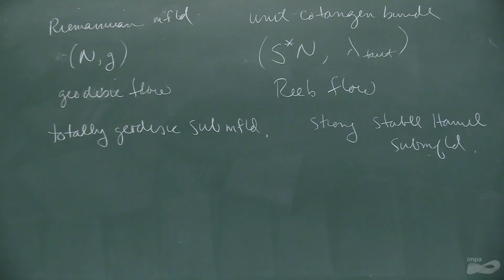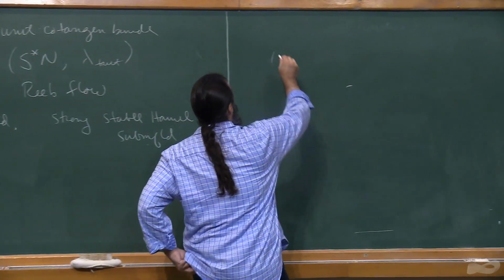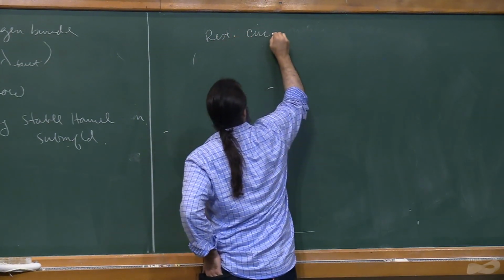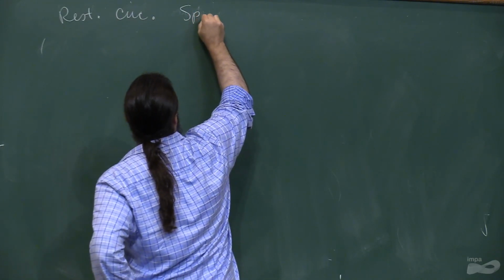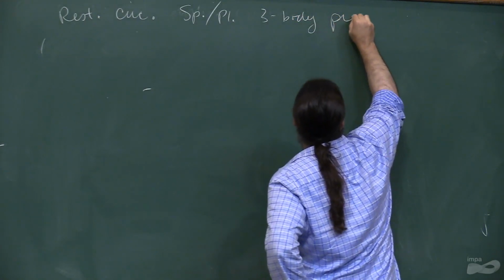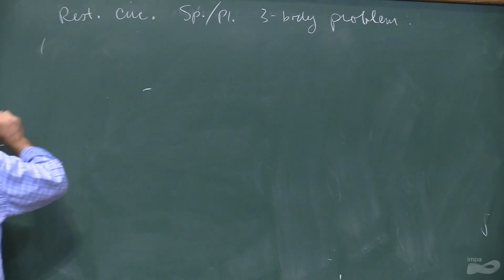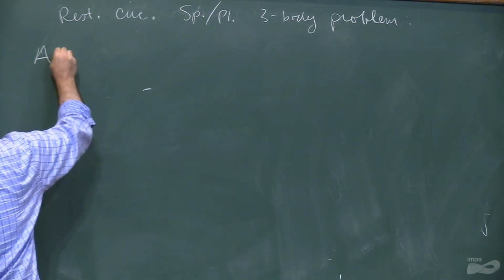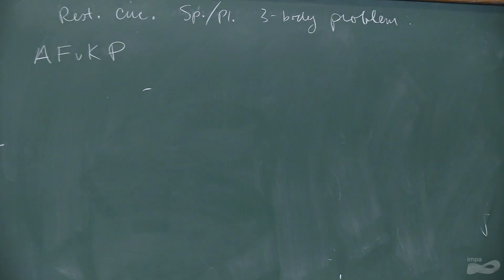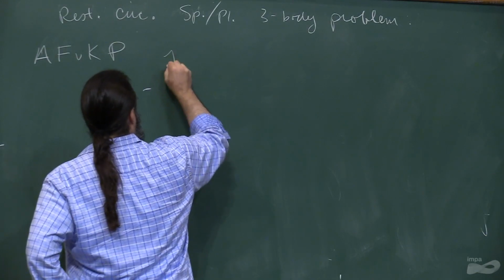And so that is the three-body problem. So the restricted circular spatial or planar three-body problem. There's a couple examples that arise here. It has been shown by Albers, Frauenfelder, Van Koert, and Paternain. Sorry for not writing out all the names. I don't remember the years, but just below